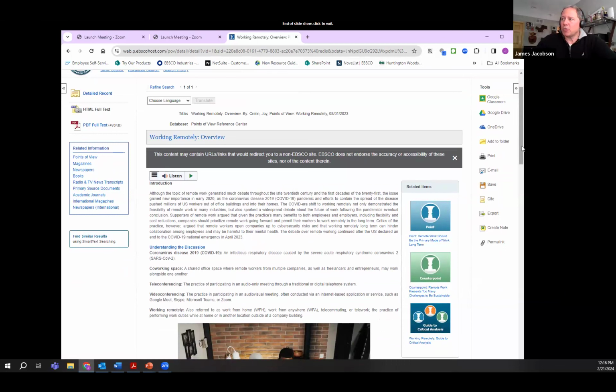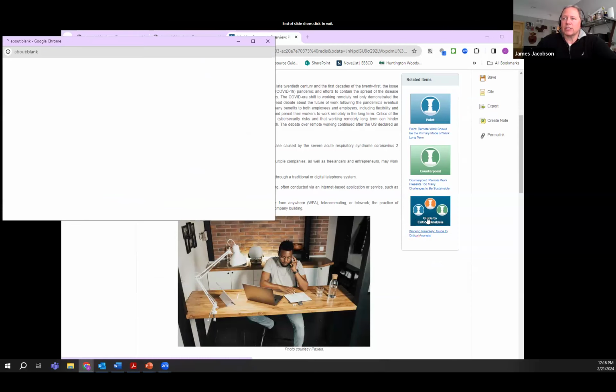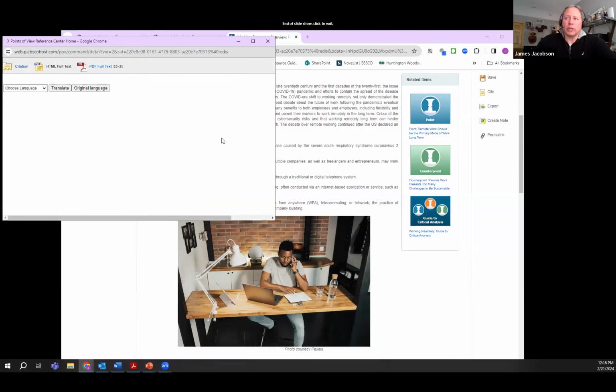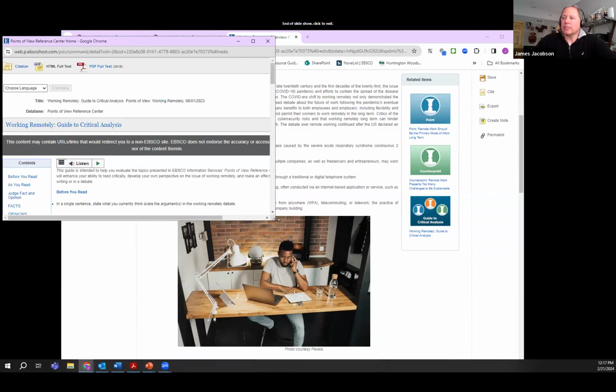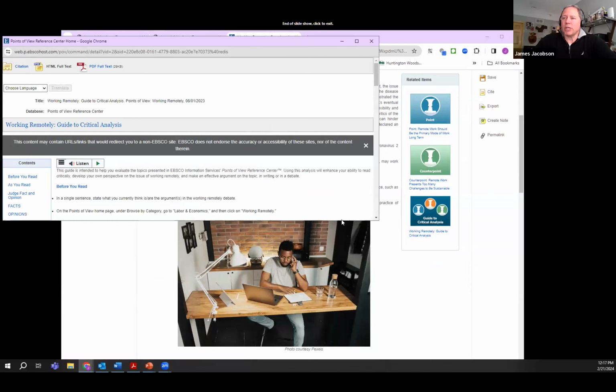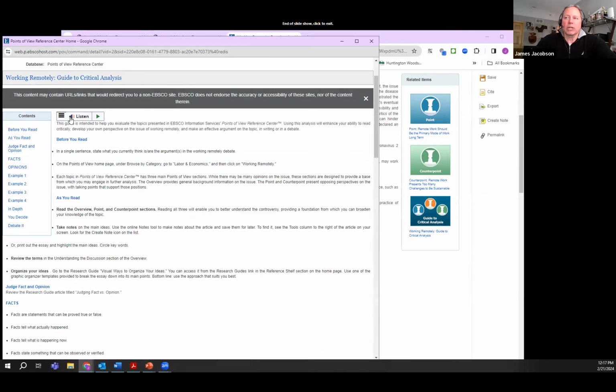And from a teacher standpoint, what's really nice is you'll also get a guide to critical analysis. So this guide to critical analysis is very nice. I'll click into that in just a second. It opens in a new window, and it gives you the opportunity to get some really nice information about what you should do before you start reading your articles. It gives you the contents, where you can click down to if you want to find some things very quickly, but it can tell you about the review, the terms,